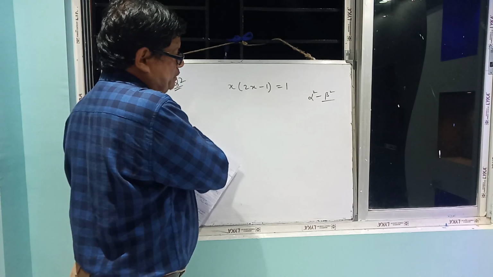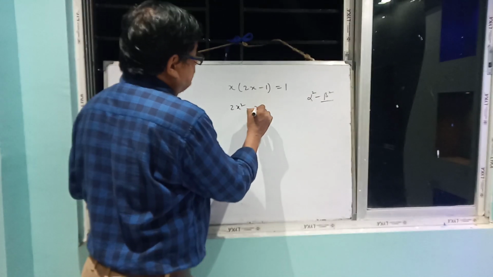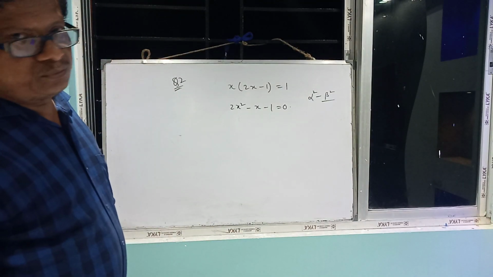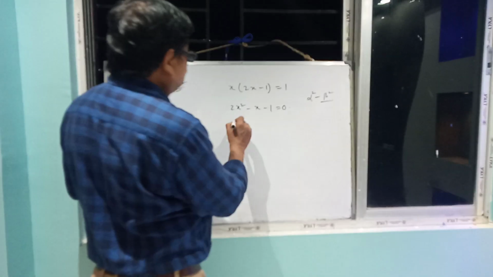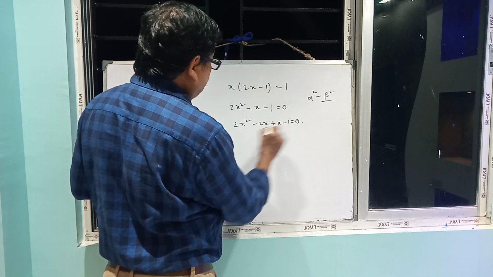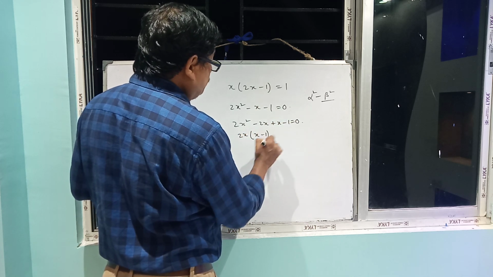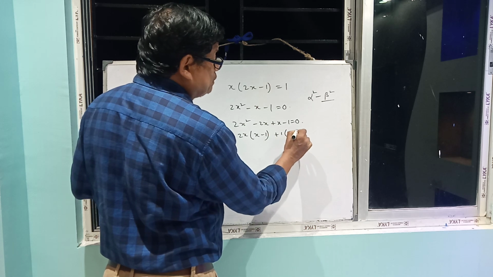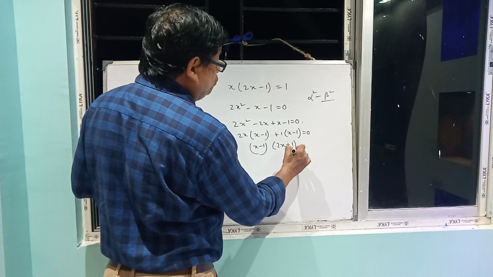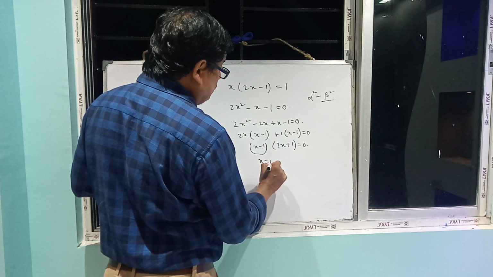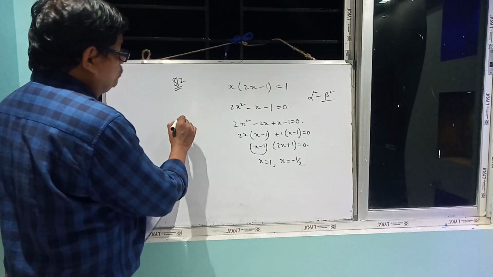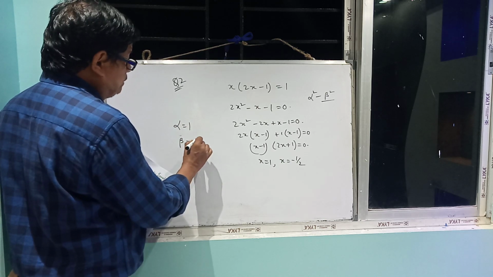Okay. See. So 2x square minus x minus 1 equal to 0 you can write. You have to solve. Two roots are there. So directly you can write, no problem. So you solve: 2x square minus 2x plus x minus 1, you can write equal to 0. Take 2x common, x minus 1, plus 1 common, x minus 1 equal to 0. So x minus 1, 2x plus 1 equal to 0. So x equal to 1 and x equal to minus half. So write alpha equal to 1 and beta equal to minus half.